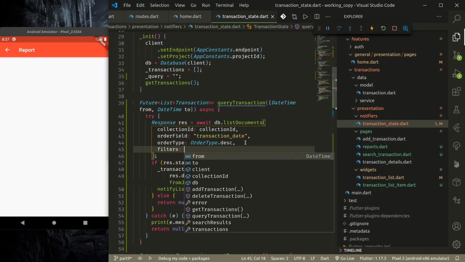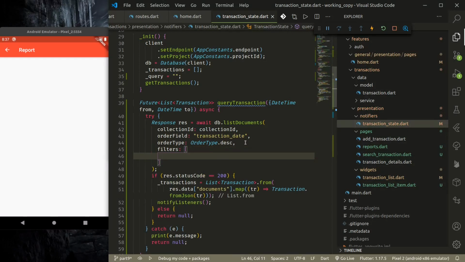So filters are array of strings where we pass our filters. So what I would like to filter this documents is by transaction date, which is greater than or equal to,